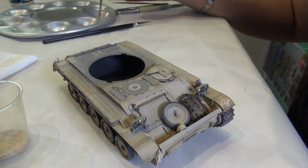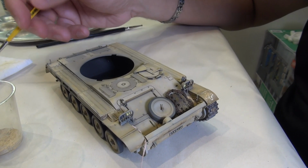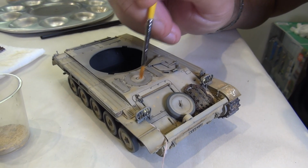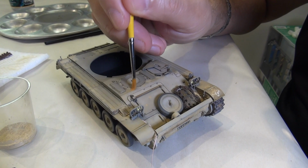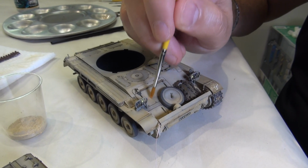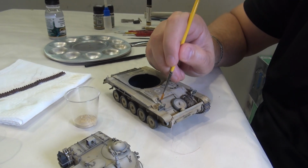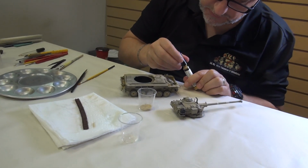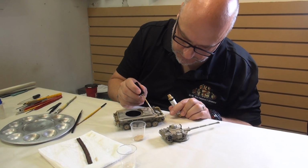And pick up some more thinner. So the more thinner you have on your brush, the more oil paint you're gonna take off. Let's go down here and just diffuse these guys. Actually, you know what we might do? Maybe let's put some on the tool here. As much as I hate to cover up, maybe just a bit there,